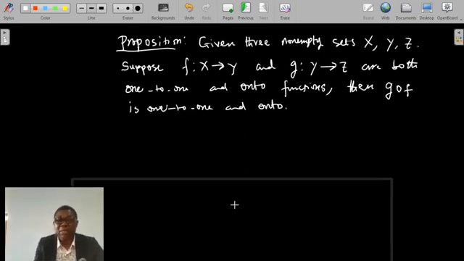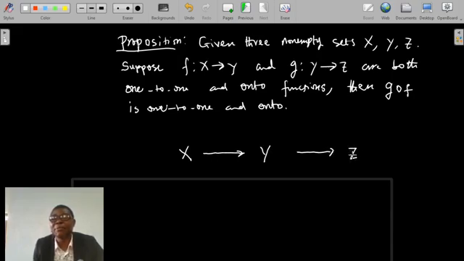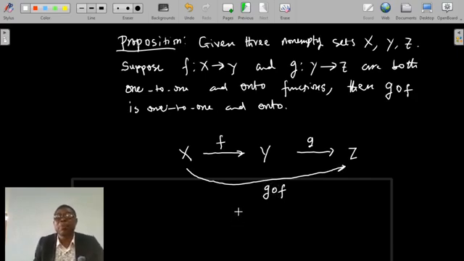For us to really see this, look, this is the set X, and here is the set Y. We now have the set Z. f is a map from X to Y, and g is a map from Y to Z. So the map g∘f is a map from X to Z,